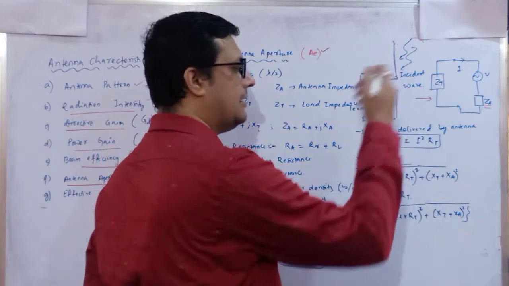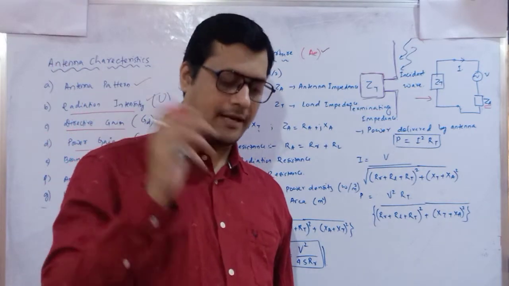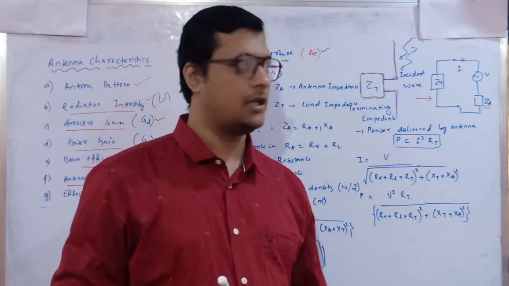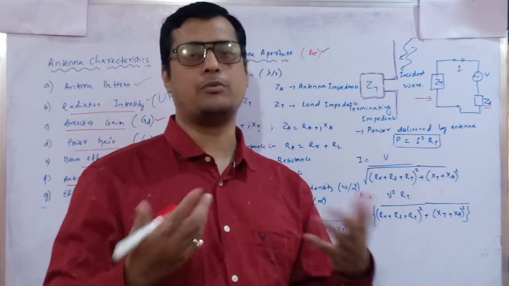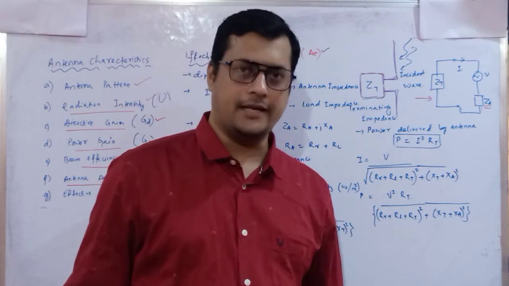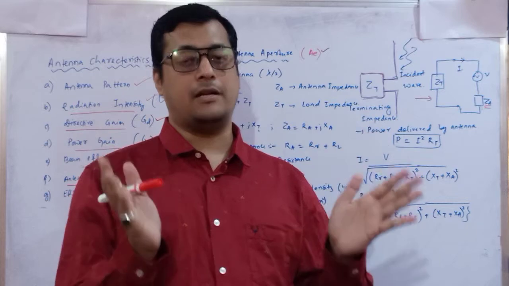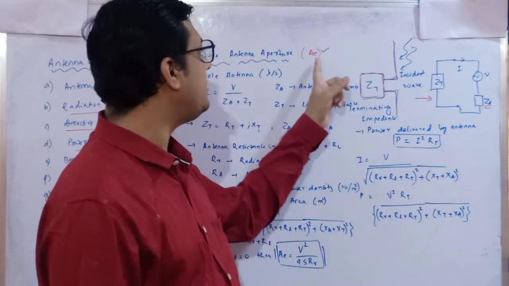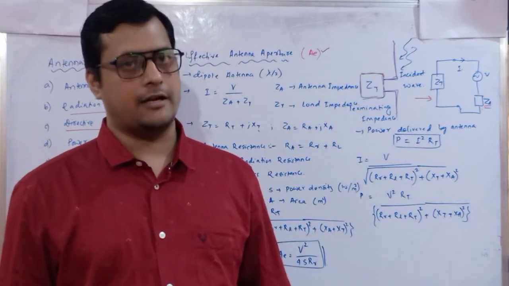So once this analysis is done, then we can proceed, and when we are identifying the maximum power, again we will see how this impedance matching will be done. If your load impedance and the antenna impedance are matched, then only the maximum output can be delivered. Okay, that is the first. Now once this maximum power is identified, next we can easily identify with respect to the area at what particular area the maximum power is dissipated. Once that area is known, then our main feature, what we are determining, can be determined easily.